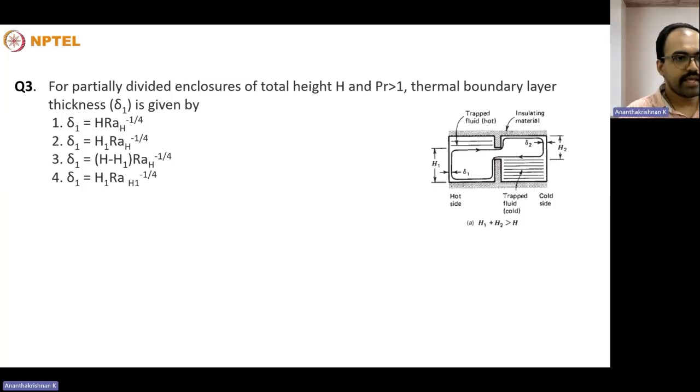So take the case of the left side boundary layer. In this direction, h1 will be the height of the plate that will be in contact with the boundary layer, and the boundary layer dimension in scale in this direction is the boundary layer thickness delta 1. And so what we could assume is that